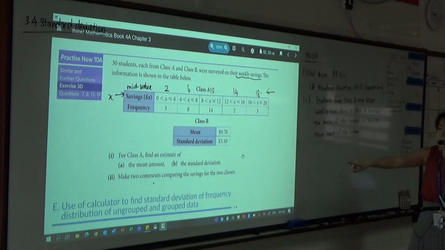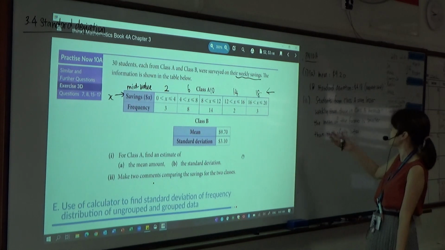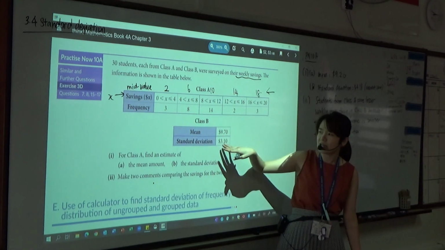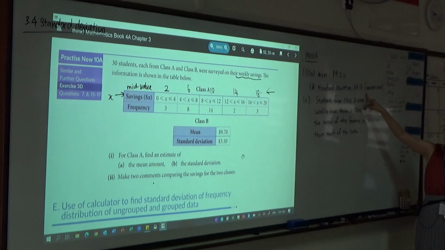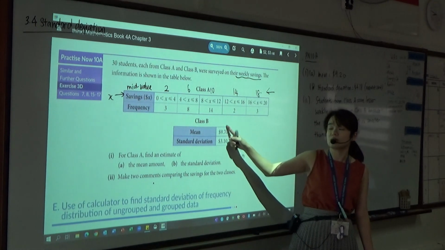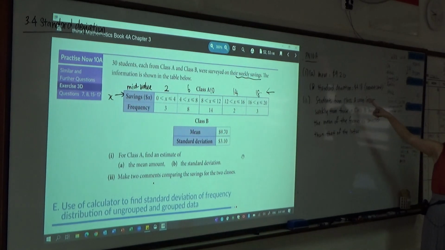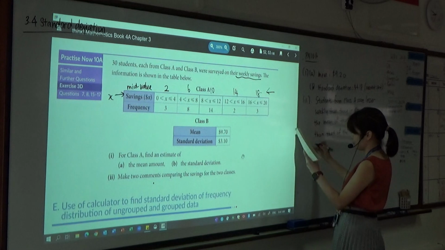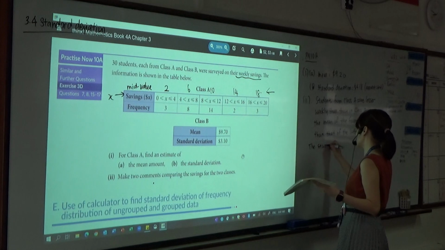So back to the comment on the spread itself. Just now what Matthew was saying is that we're looking at consistency. We could do that. The standard deviation for class B is $3.10, which is smaller than the standard deviation for class A, which is $4.18. That means that the students in class B save more consistently to the mean as compared to those students in class A itself. So that is something that we would say as well. So students